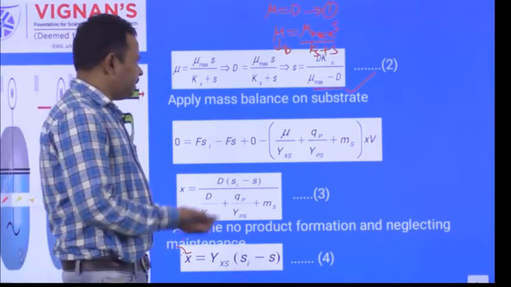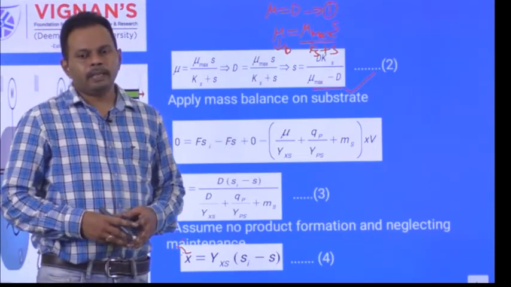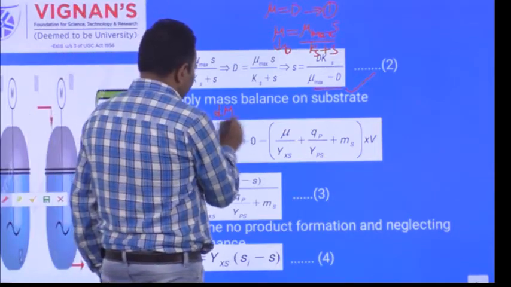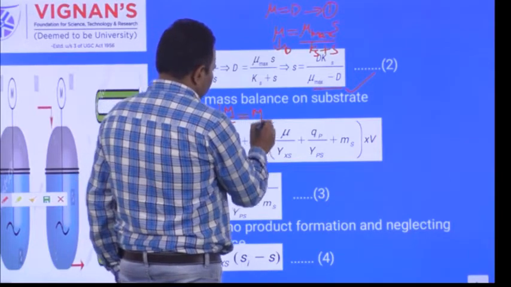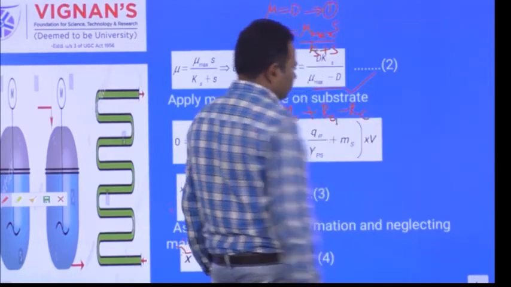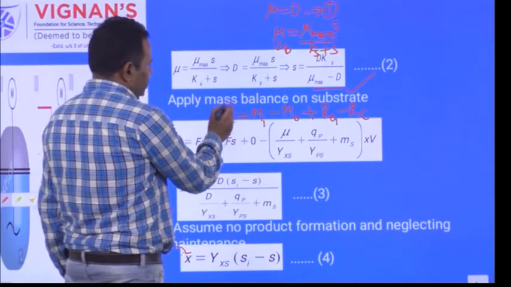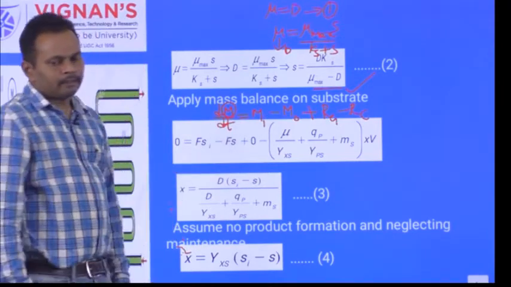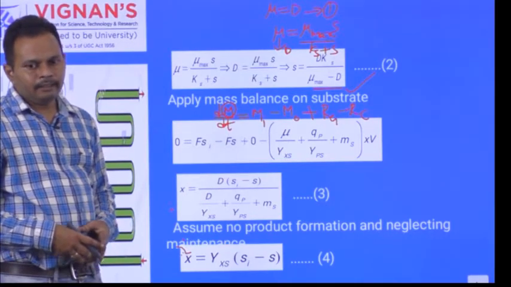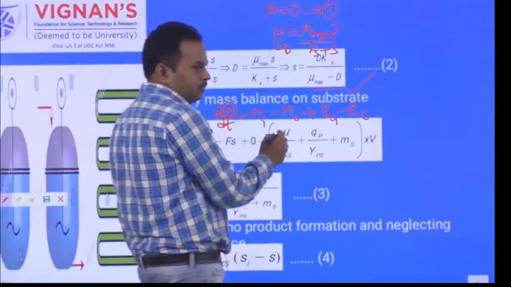Okay. Next one, similar to this one, apply the substrate balance around the continuous fermenter. Apply the mass balance over the substrate. So again, this equation is dM by dt is equal to Mi minus Mo plus Rg minus Rc. So the mass of the substrate, how can you write this? Again, the substrate in the chemostat mode. Again, we are going to apply the steady state concentration of the substrate. For steady state, again, the accumulation term is 0.